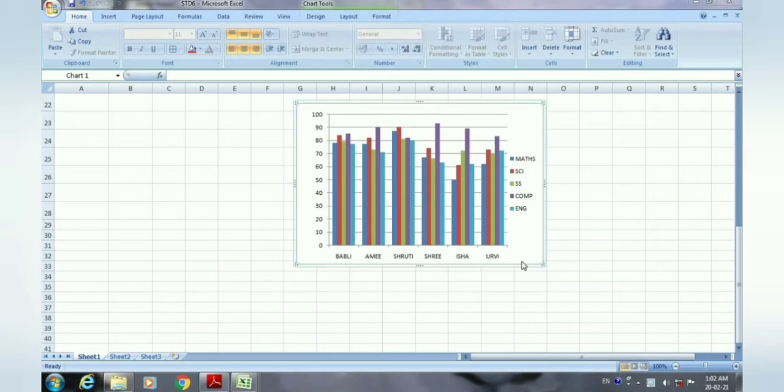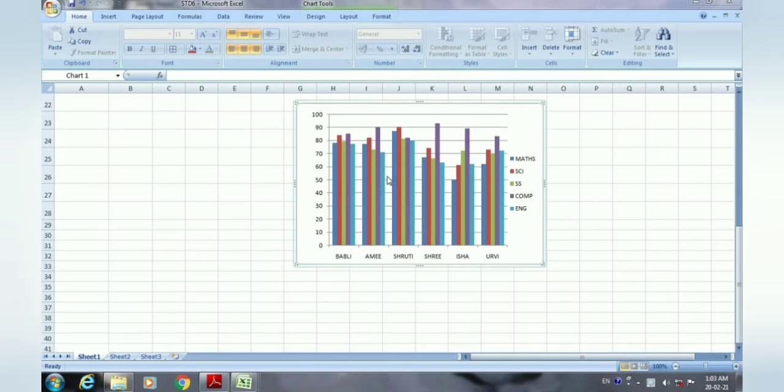So students, here you can see now our chart is ready. On the x-axis you can see the names of the students, and on the y-axis we have the marks of the students, represented in colorful forms. This is the column chart we have selected.